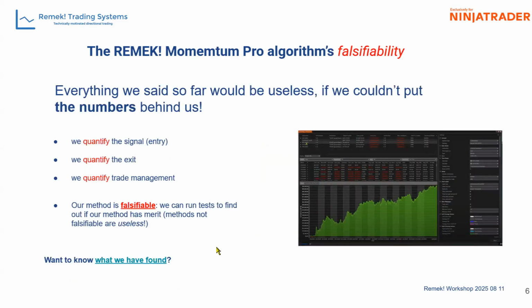Here is a little summary about falsifiability, why your trading strategy must be falsifiable. And please let me make an important point. You could be a 100% discretionary trader. I'm sure even if you are a discretionary trader, you are still rule-based. Even if you're a discretionary trader who makes decisions as a human being, that's fine. But make sure that you are able to put your rules into words or into math and somehow test them